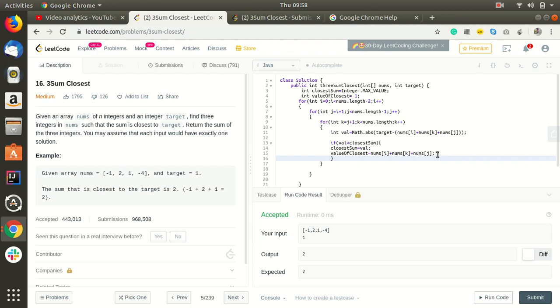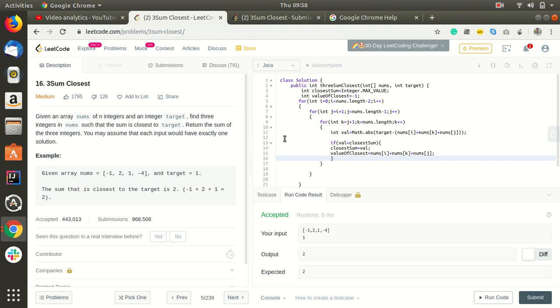Hello friends, we will be solving the three sum closest question on LeetCode. This is also a similar type of question to the one I uploaded yesterday, but in this solution we are just following a brute force approach, which is not as fast but very easy to understand, and this tutorial will be helpful to